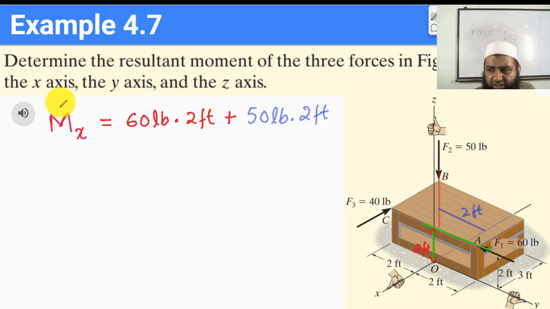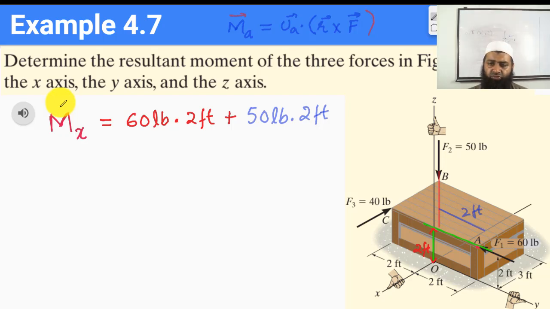It's very easy to see why that should be the case, because we saw that the moment of a force about an axis is just equal to UA dotted with R cross F, and we saw that